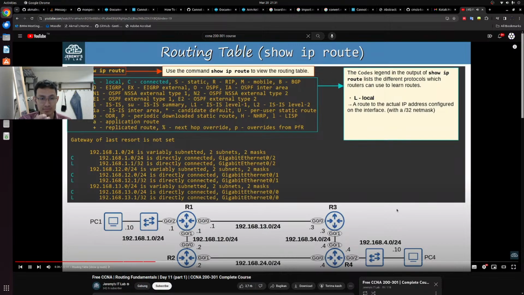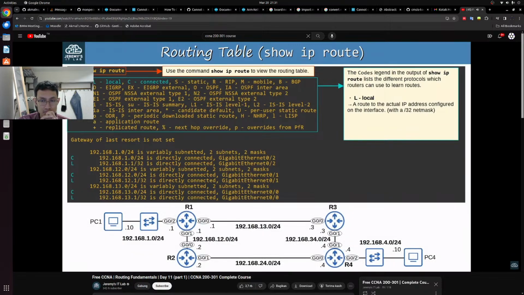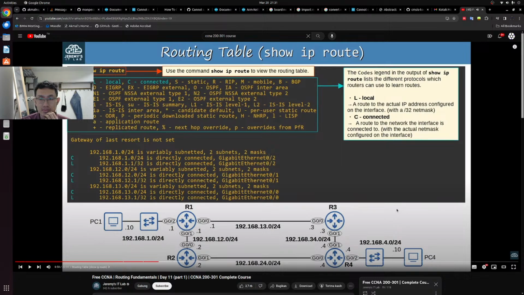If you look at the routes below, notice there are three routes with L that I've highlighted in blue, one for each of R1's interfaces. Then there is the C code, which means connected. These are routes to the network the interface is connected to, with the actual